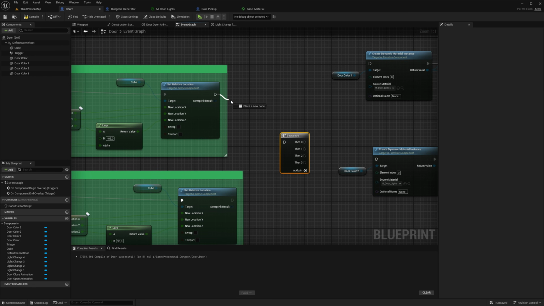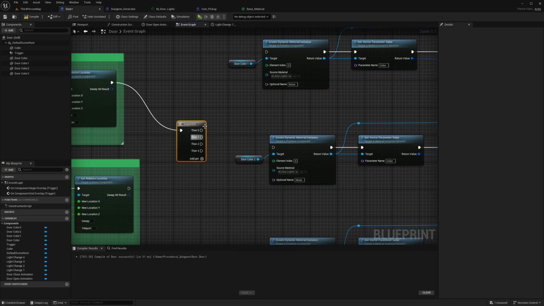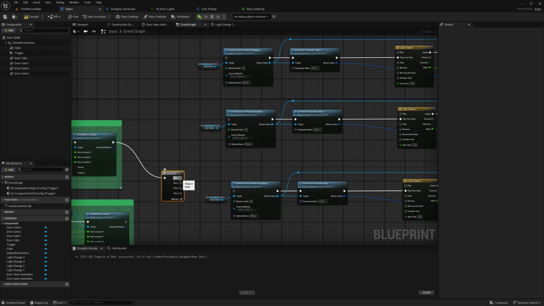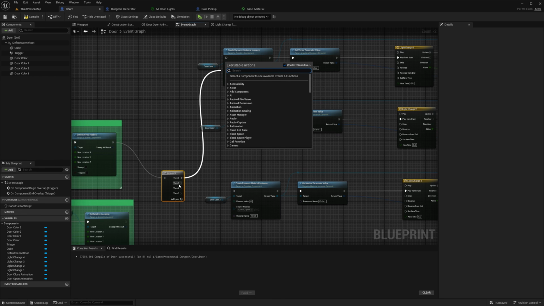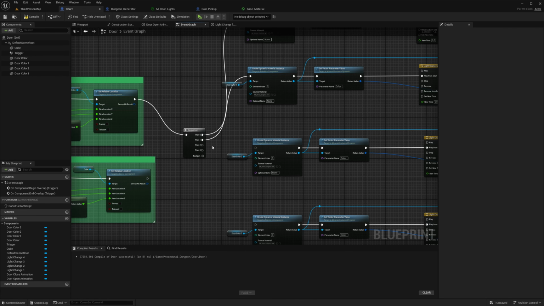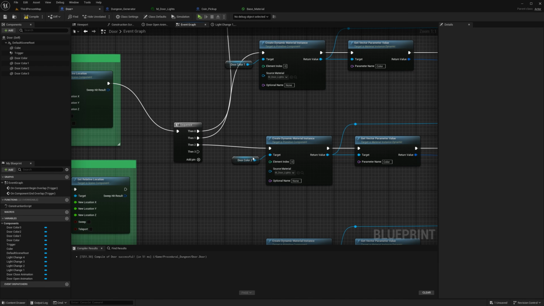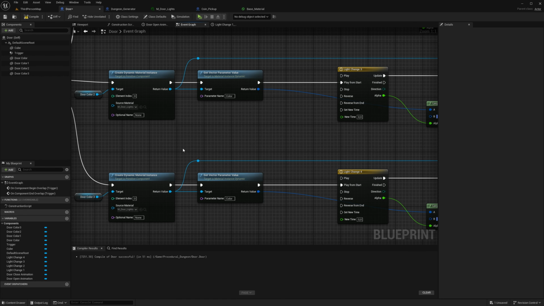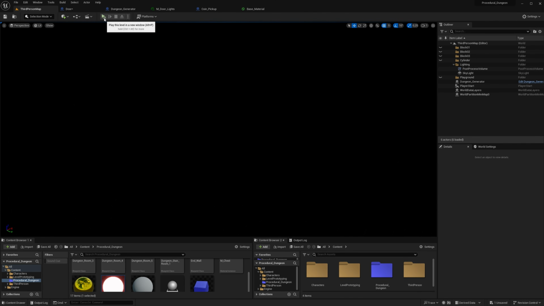Drag it from this one on begin overlap, that part, drag it in here. So when this happens, these 4 things will happen. And drag 0 to the first one, whoops, 1 to 1, 2 to door color 2, 3, door color 3. This, I hope this works. Let's try. Play.